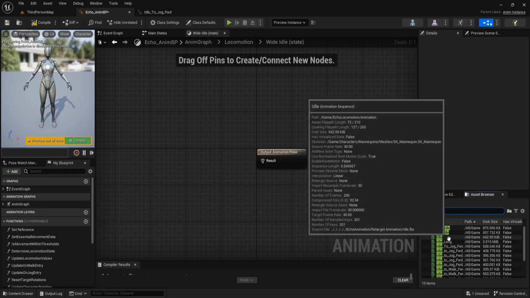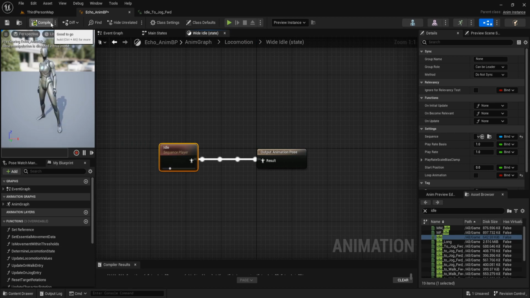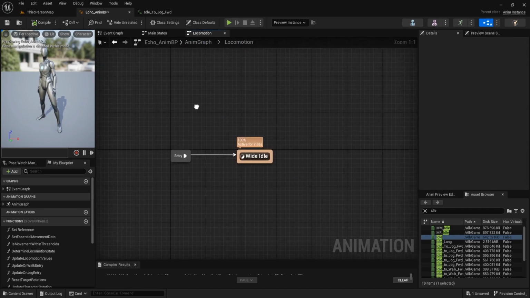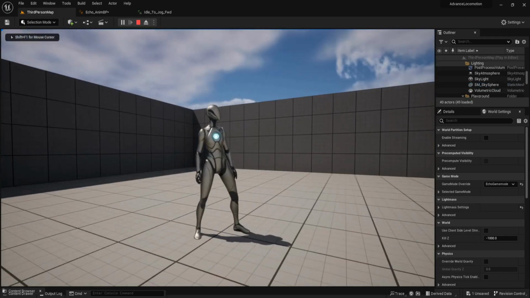This idle. And then connect it to output animation pose. Let's compile. Now we have this idle animation. Get back to the locomotion. Can play, and we have this idle.